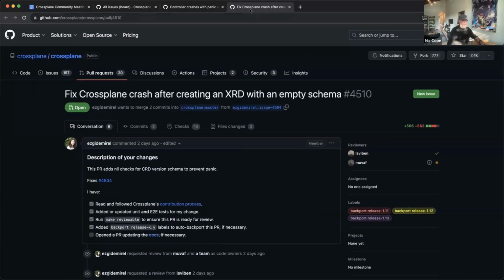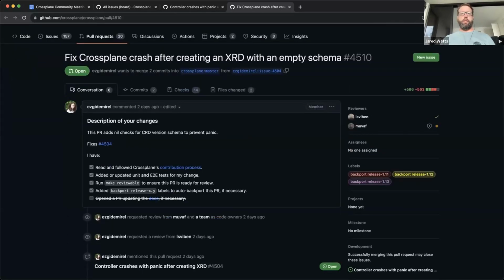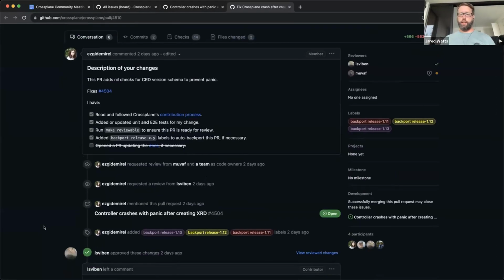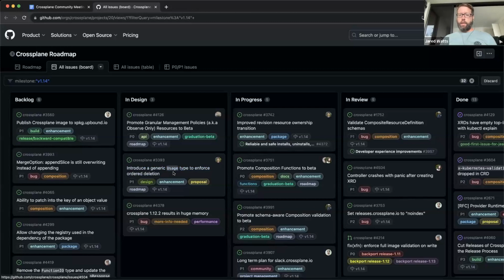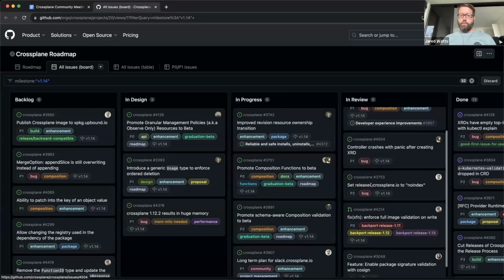Sounds good. Awesome, Ezgi. That sounds good. Thanks for that update. And then I had marked this one as a P1 since it has a crash and a panic. The severity of it there is somewhat impactful. So I was going to raise the issue of, hey, do we want to do a patch release for this? But it seems like the team has already gone that way, we've got backport labels on here indicating that we do want to backport this and run some patch releases for it as well. Is that correct? Yeah. That's the plan. Makes sense to me. All right, cool. All right, thanks for driving that, Ezgi. That's really useful.